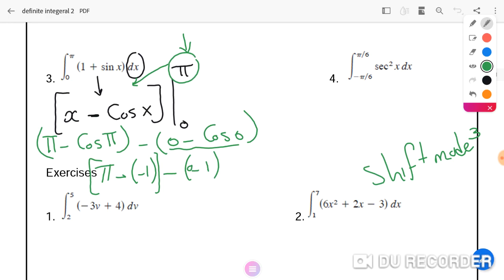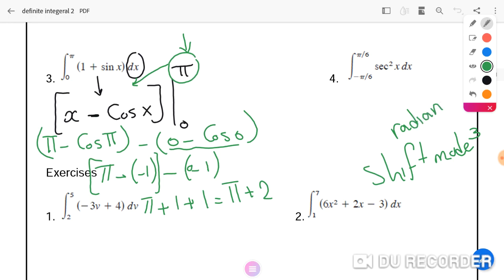You can use your calculator. It will be pi plus 1 plus 1. It will be pi plus 2. How do we get it? Here I can use the calculator in radian mode, shift mode 3. In this case, replace cosine pi and enter pi by using your calculator. Or you can use degree mode,